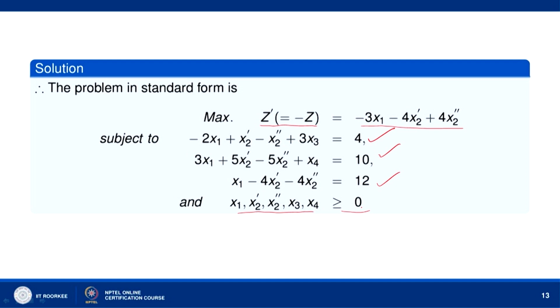So, the given problem has been brought into the standard form, and now we will proceed and solve it using the simplex method, which we will discuss in the next lecture. So, we have brought a general linear programming problem into the standard form, and we have seen how we can do that. Now, in the next lecture we shall discuss how to solve a general linear programming problem. We will bring it to the standard form and then use the simplex method to solve that problem.